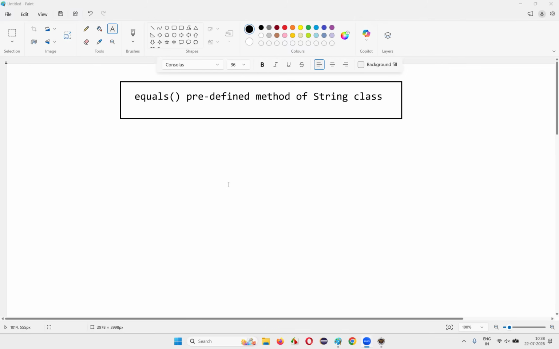In this session, I am going to explain and practically demonstrate the equals predefined method of the String class in Java. So let's get started. In the previous sessions, I have already covered some important predefined methods of the String class like